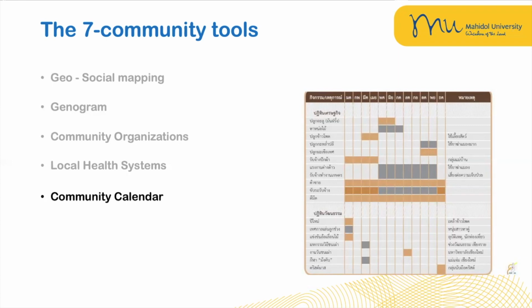Then the fifth is the community calendar. It will give you information about the cultural and economic activity. Then when you know all the activity through the year, PT can plan the appropriate time to run the activity or program, or you may match your project with the local activity. For example,